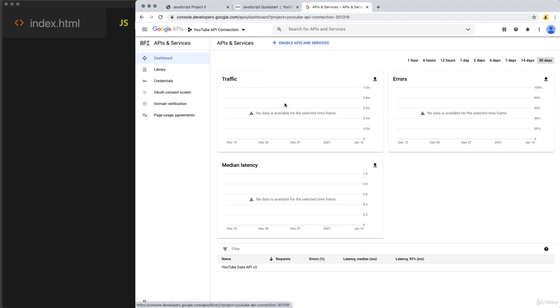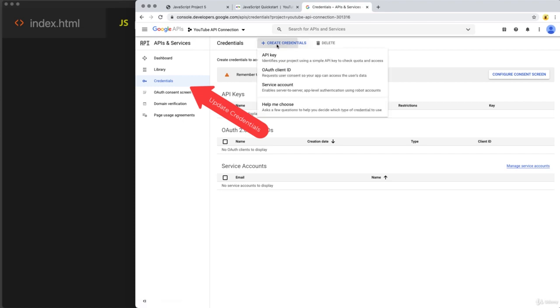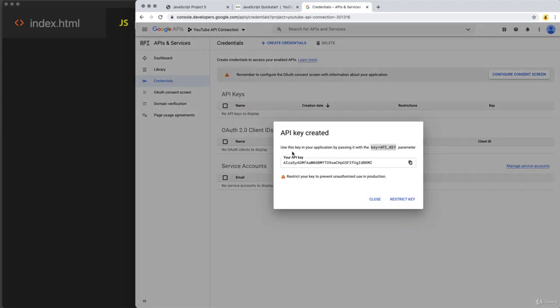And it gives you the overall basic traffic, errors, any of the issues that you might have had. Let's create some credentials for this. You are going to need to have an API key to connect. So up at the top, once again, under the Credentials tab in the APIs and Services, select Create the API Key. And this is going to generate the API key. So copy the API key